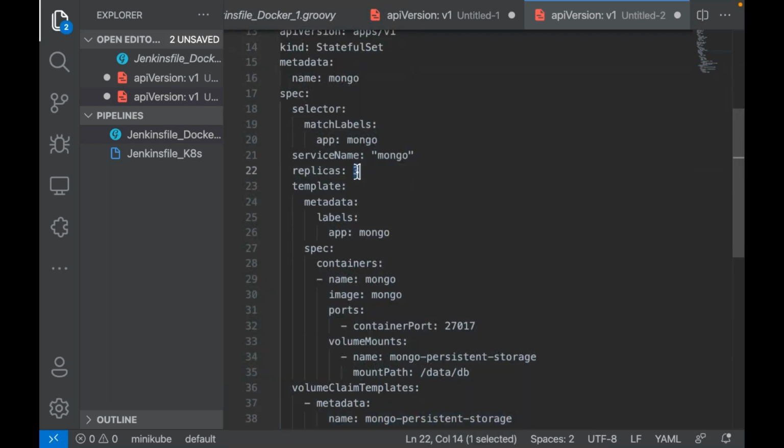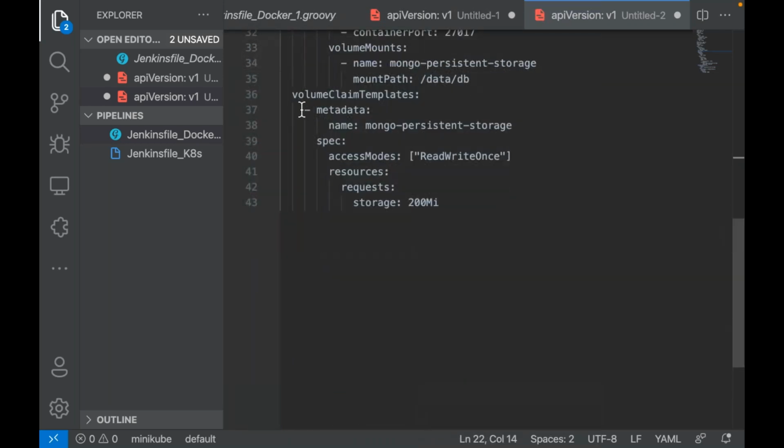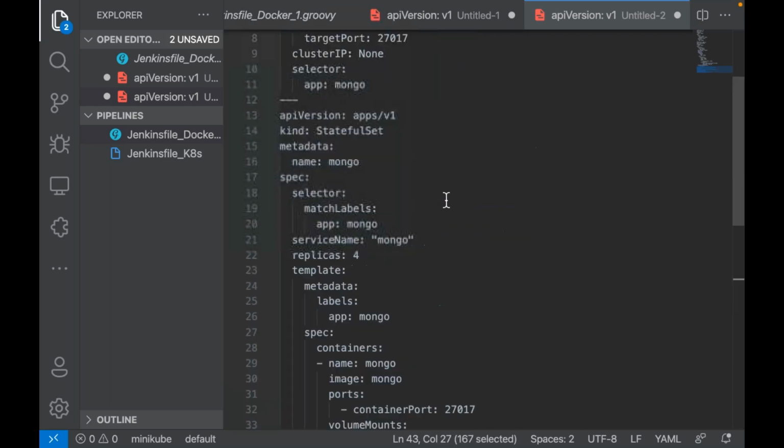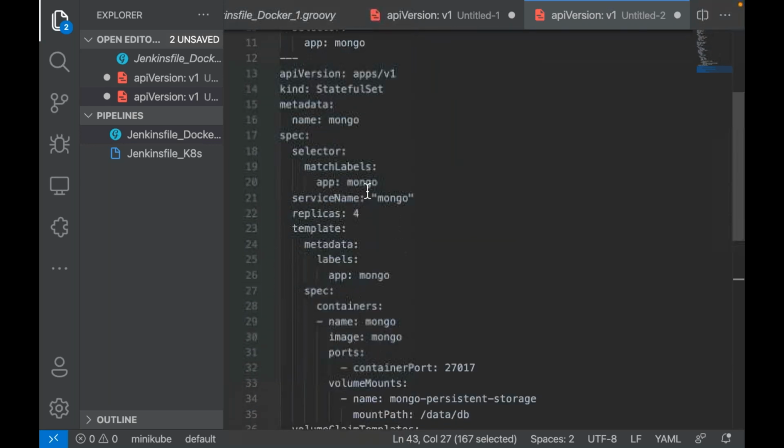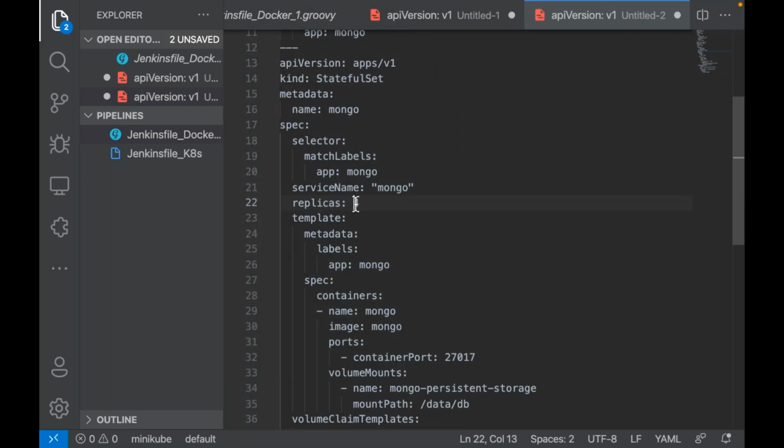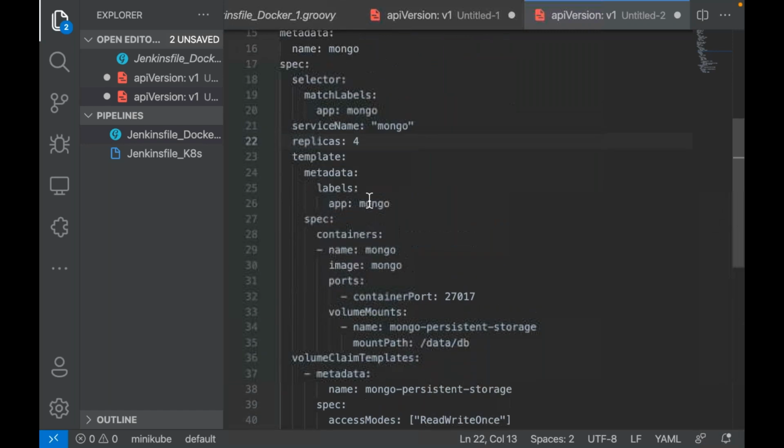Here the number of replicas has been given as 3. If I give the number of replicas as 4, with this PVC information, how many PVCs will be created? I need not explicitly create a PVC. With this information, the PVC will be created. If I say the number of replicas is 4, how many PVCs will be created? 4. If I say the number of replicas is 3,